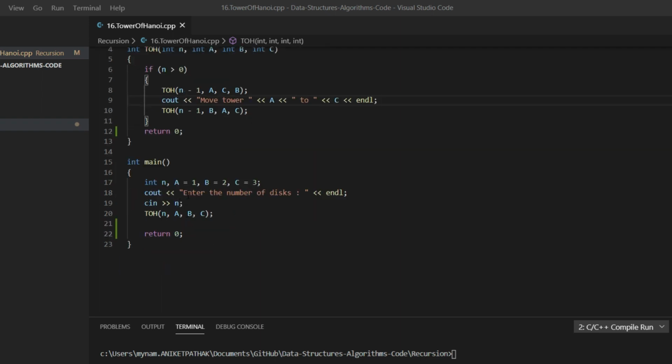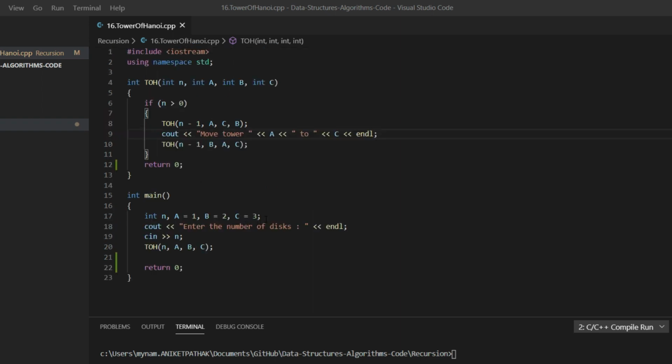And in the main function I have called the function TOH with the number of disks n that I am taking as input from the user, and A, B, C, the 3 rods which are given the integer values 1, 2 and 3. So let us now compile this.